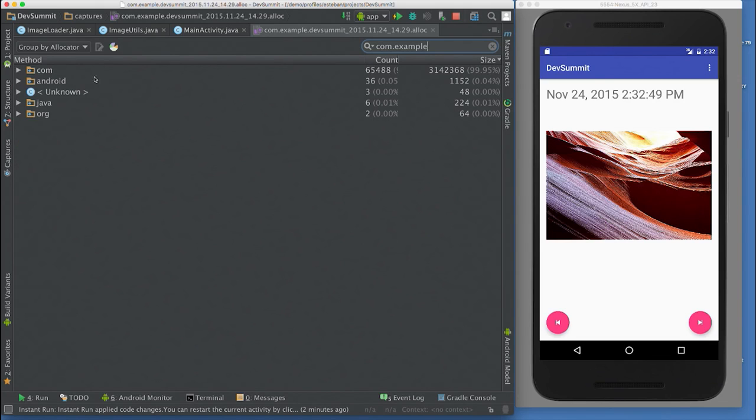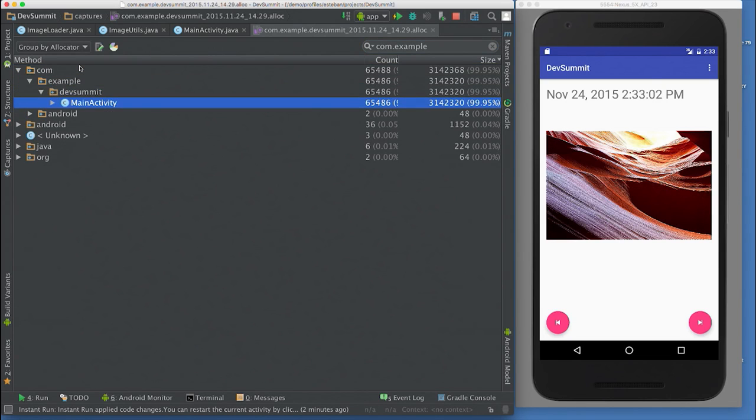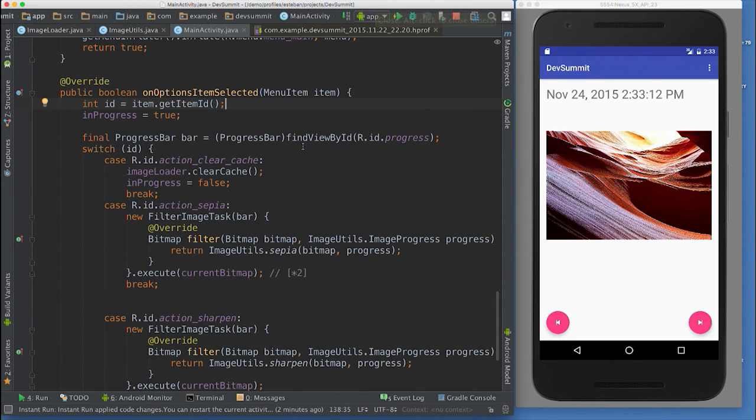application's package. And now you can see that whenever we see an allocation, we will not blame it on the very deep call, but we will blame it on my last call. So now you can go and see that com example dev summit main activity is the class to blame for all these allocations. So with this, you can better track the culprits of several allocations. Cool. So going back to the app,